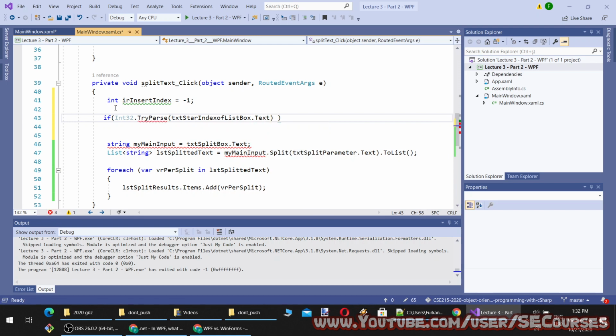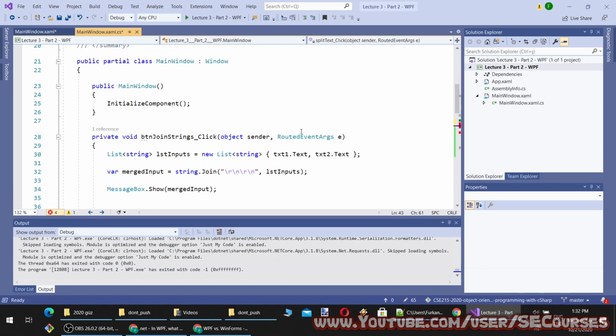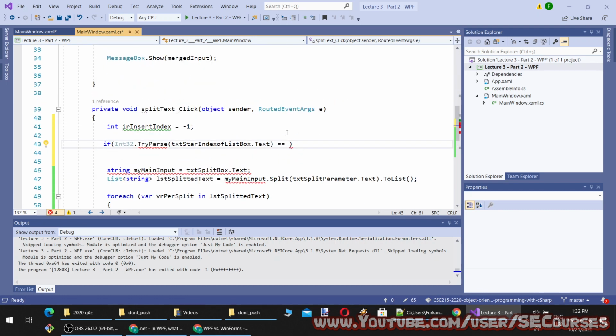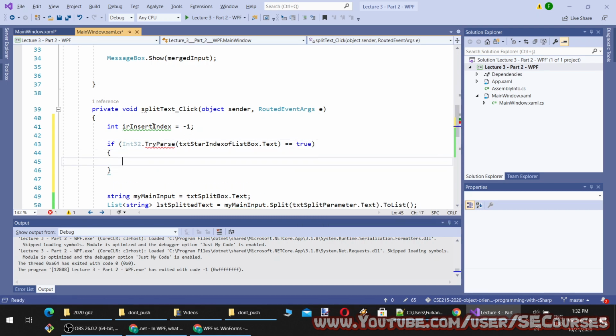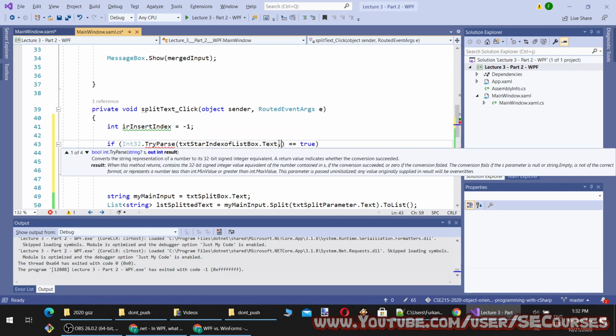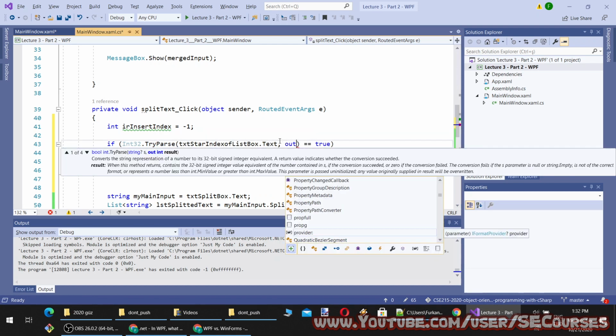So I use try parse method, check if it is correctly parsable integer or not. True. And I have to provide out result.